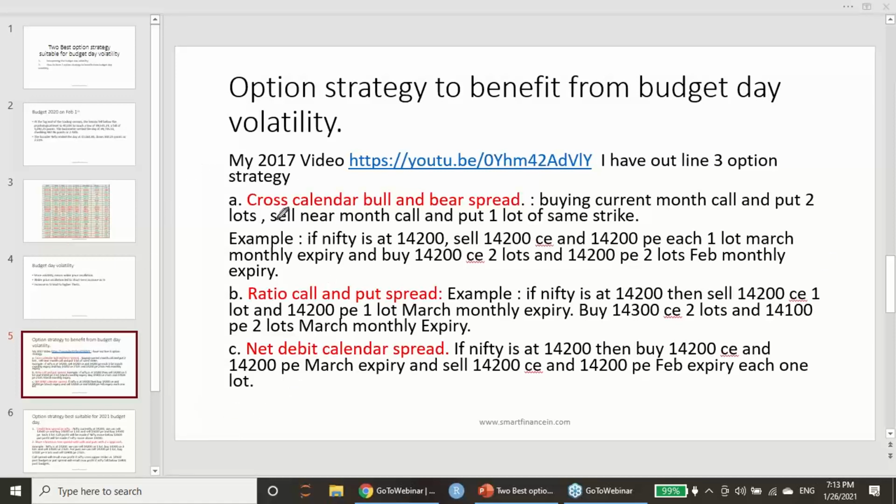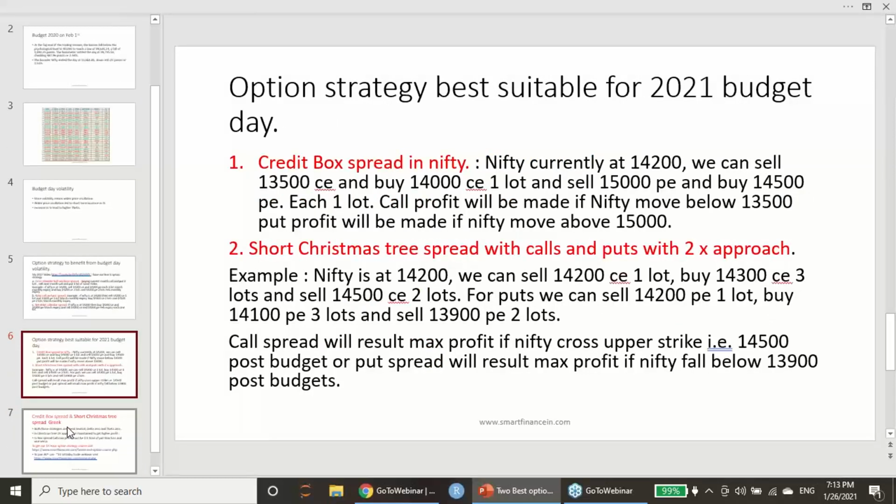So these are the three strategies I recommended in 2017 on the same subject of option strategy to benefit from budget day volatility. This time, I am recommending two more strategies. These two strategies will have slight complexity in between them: credit box spread in Nifty, and short Christmas tree spread in the call and put with a 2x approach. So these two strategies I am recommending for the